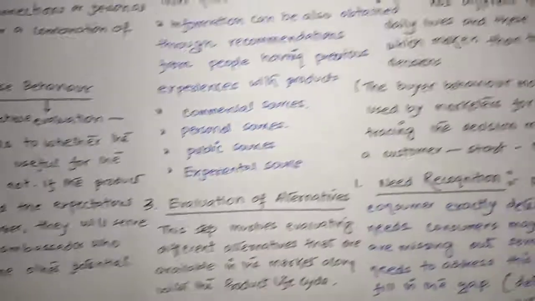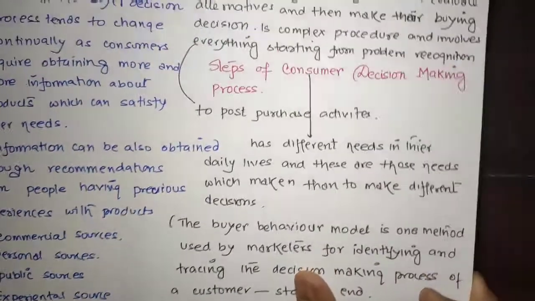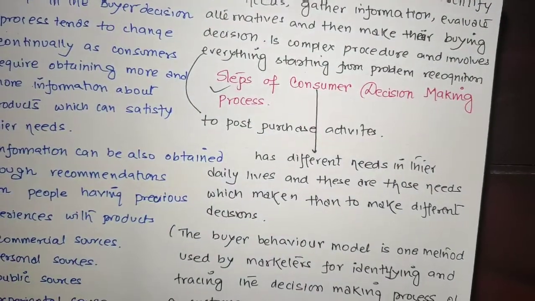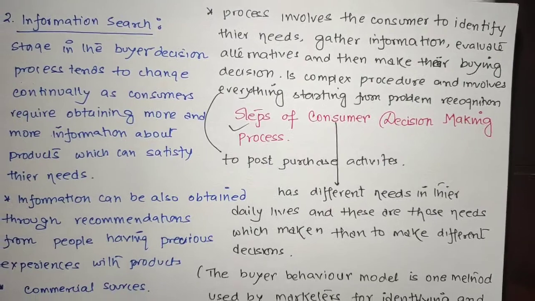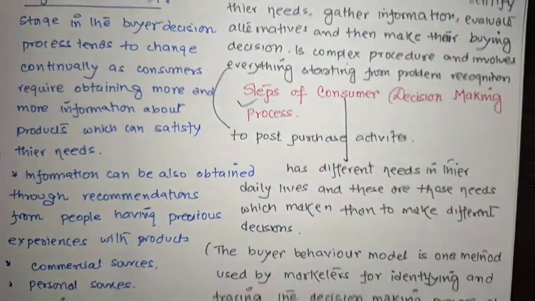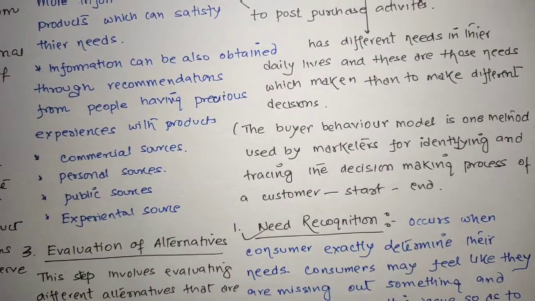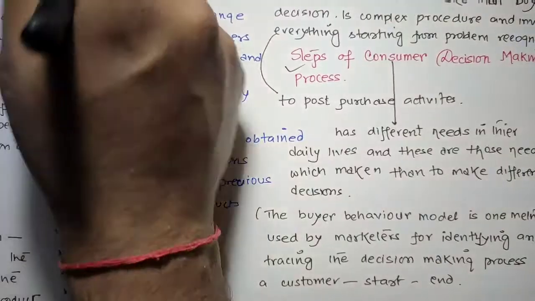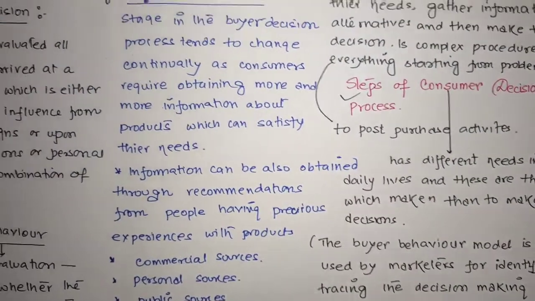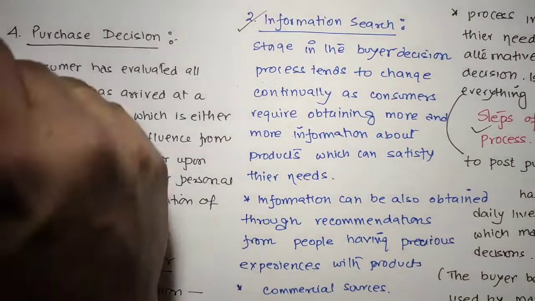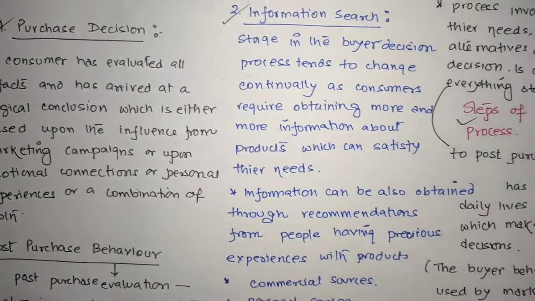So we discussed today about the steps of consumer decision making. We have discussed about the meaning, then we have discussed the stages. We discussed the need recognition, information search, evaluation of alternatives, then we discussed about the purchase decision and post purchase